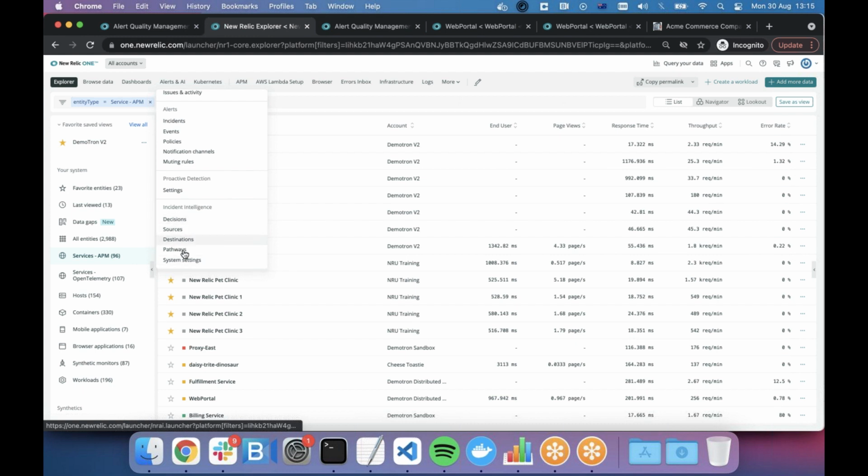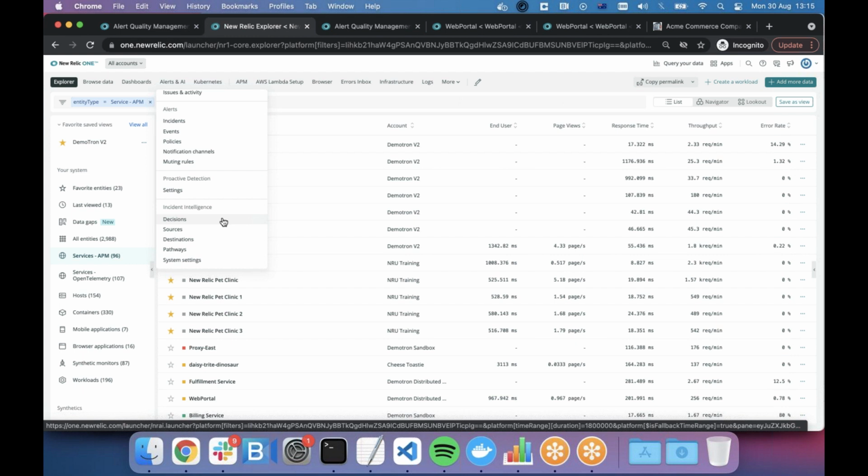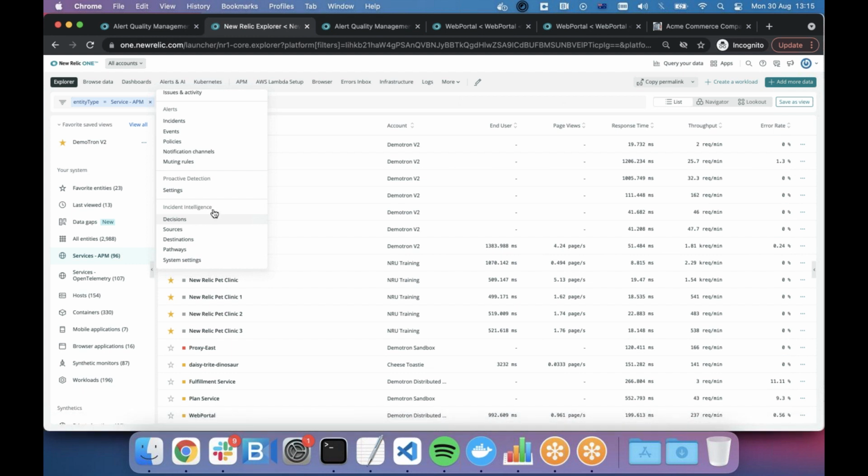You see it's got quite a number of things that we can configure. We're not going to spend a great deal of time on incident intelligence today. This is really just to introduce you to the product and show you what it does and how it can work for you. A lot of these things, well, there's a few bits that you would have to configure, but in terms of things like the decisions, a lot of that is just taken care of out of the box, right? You can tweak it if you want, but you don't have to. Now,